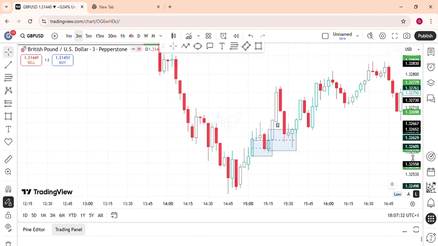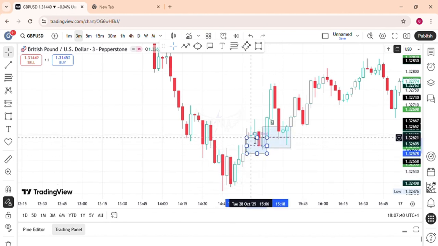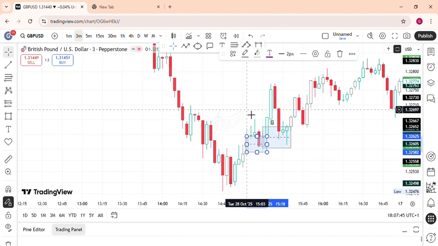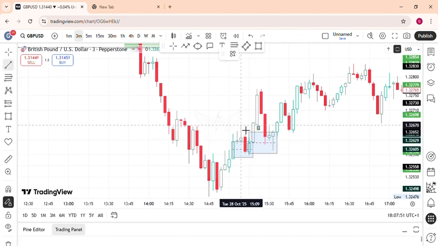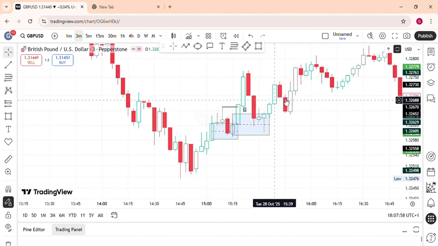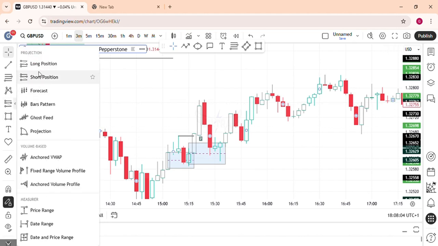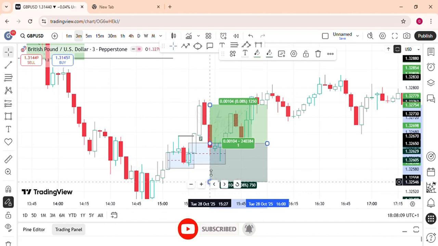So the next in line is our trade number 7, and we have a fair value gap here. Market tapped into this fair value gap, rally to the upside, and we have a break of market structure here, and you can actually see a newly formed fair value gap here. So this fair value gap would indicate our entry to the upside, long position as so, and our stop loss right below this low that created for us the next fair value gap.